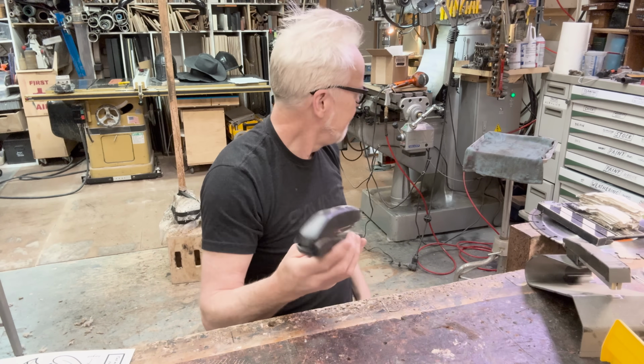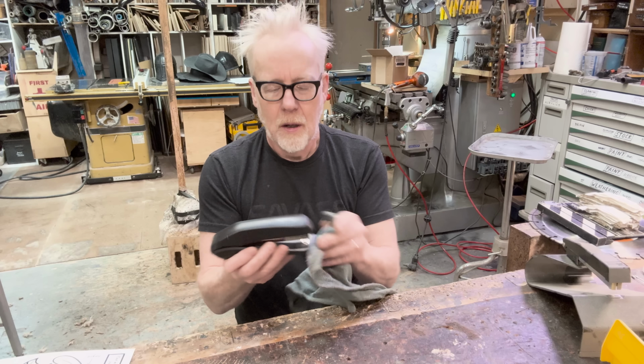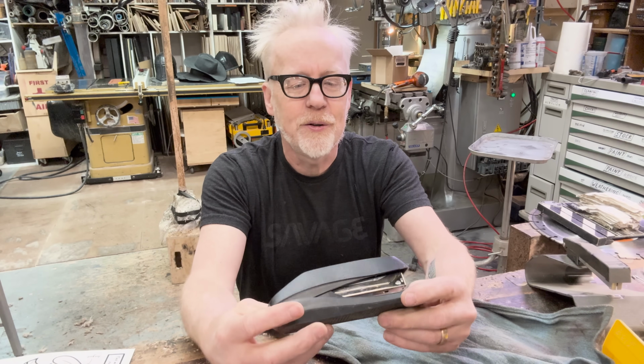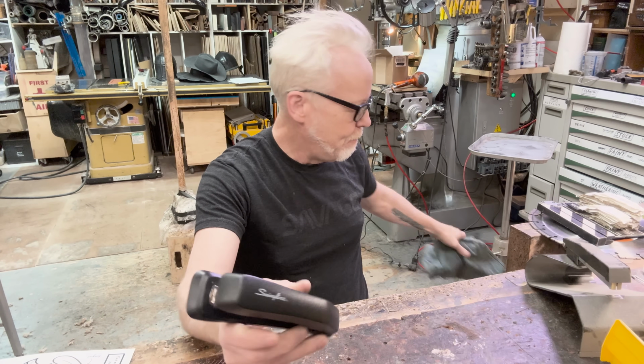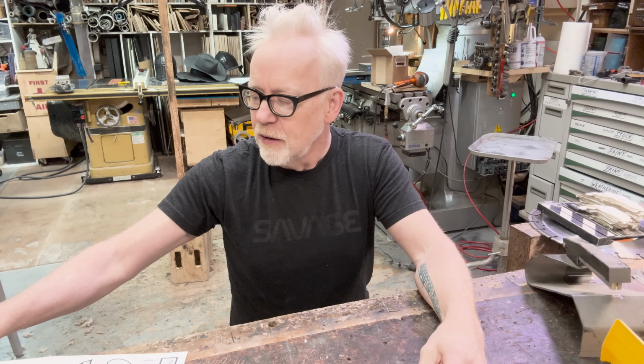The stapler. I've got the dustiest stapler in the world. Hold on. All right. Consider the humble stapler. This is, well, let's be clear. For most